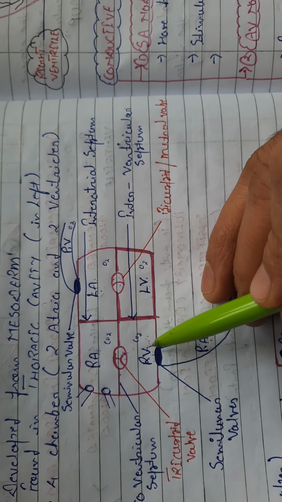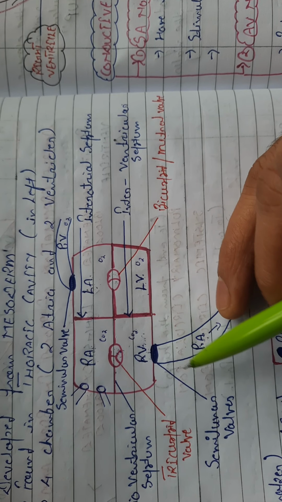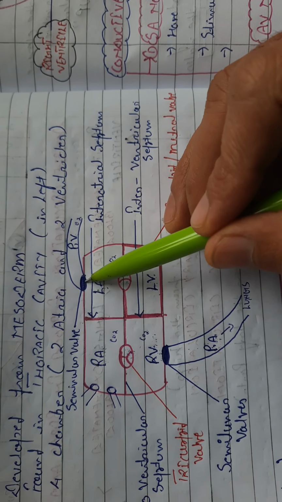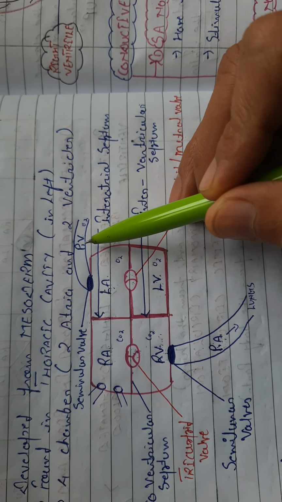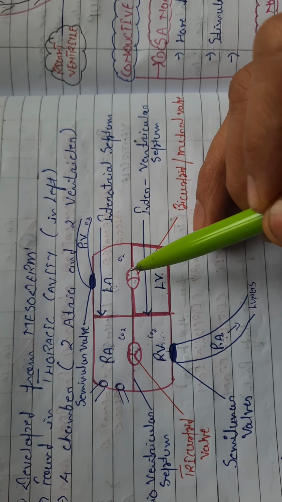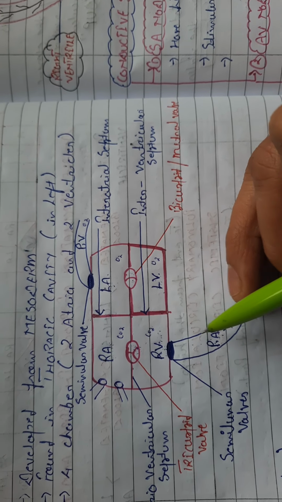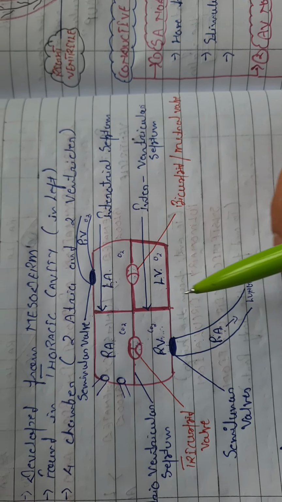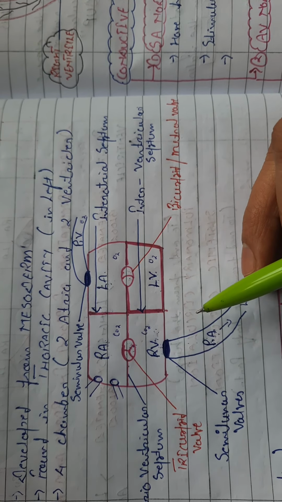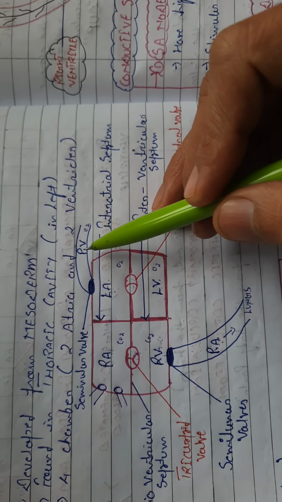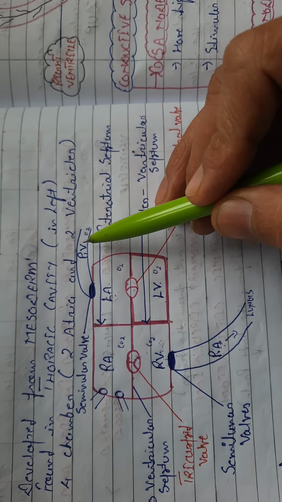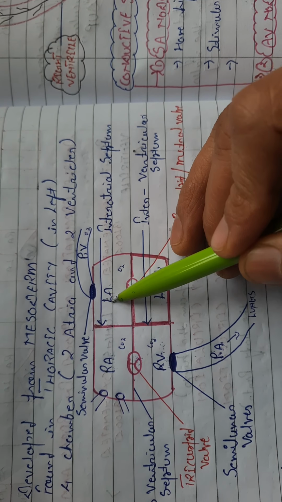Now, the right ventricle has another valve which is known as the semilunar valve, and the left ventricle also has a valve which is known as the semilunar valve again. Clear? Now, pulmonary arteries play a very important role to take deoxygenated blood from the right ventricle and move toward the lungs. And pulmonary veins play a very important role to collect the pure blood from the lungs and move toward the